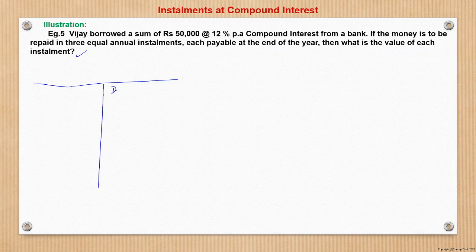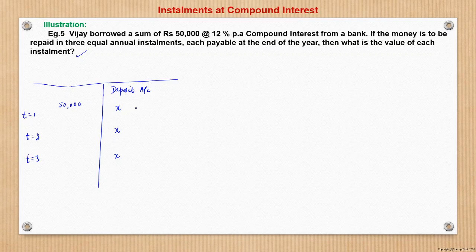So here, deposit account, 3 installments, and 3 annual installments, right? Annual. So T is equal to 1 year, T is equal to 2 years, and T is equal to 3 years. First year he deposits, we do not know the amount, let it be X amount, X amount, and the known amount is 50,000.